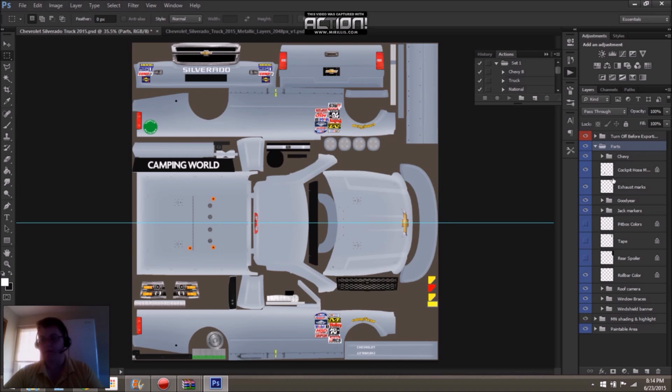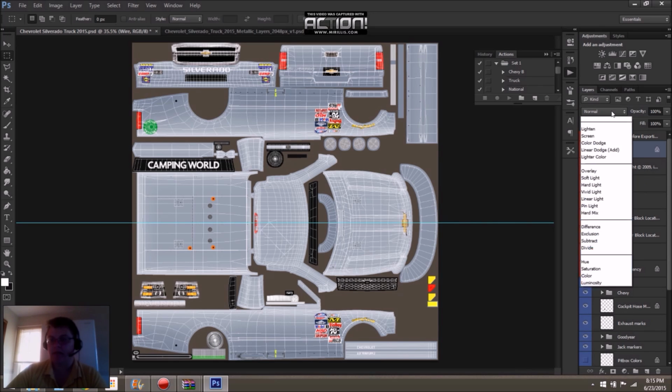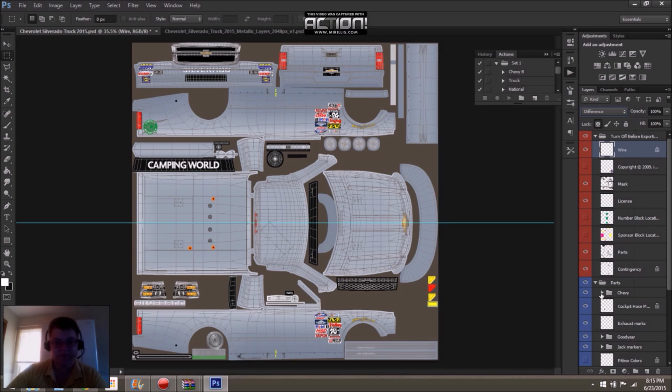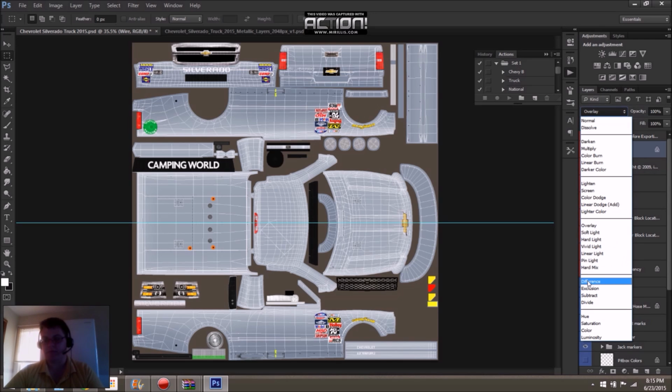So anyway, another thing that I like to do is I like to turn on my wire layer, and I like to set that to difference. As you can see, the change that it made there. Oops, hold on, back to difference.